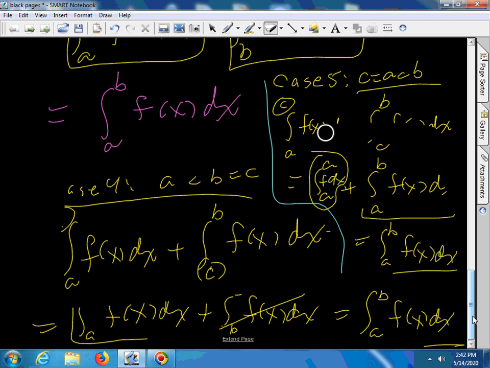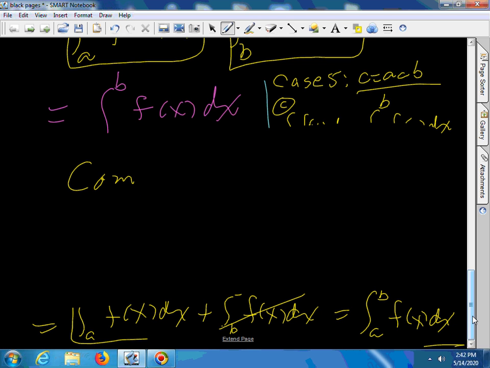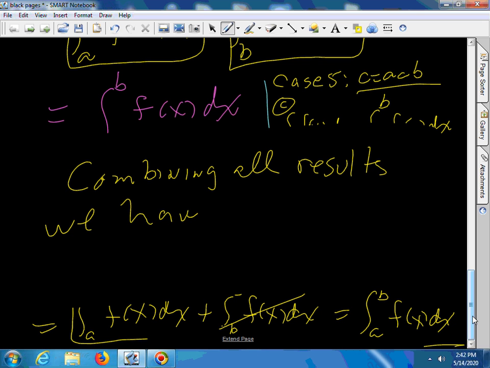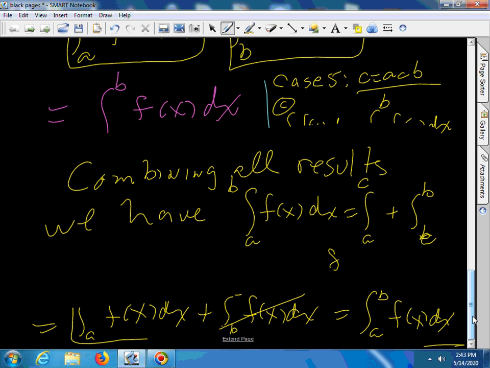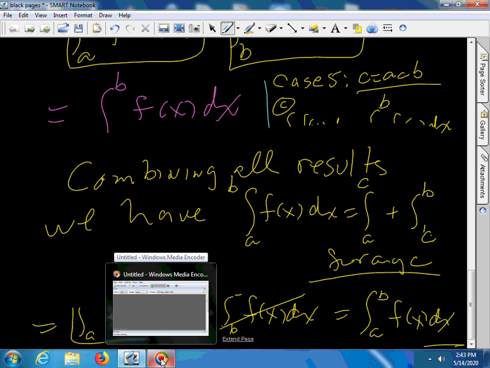So now you should say, combining all the results, we have the integral from A to B of f of x dx is equal to the integral from A to C plus the integral from C to B for any value C. I know, we proved it for each and every case, which is pretty neat that it works. So now you can use that anytime you want because